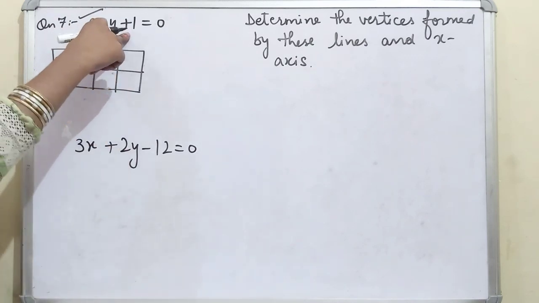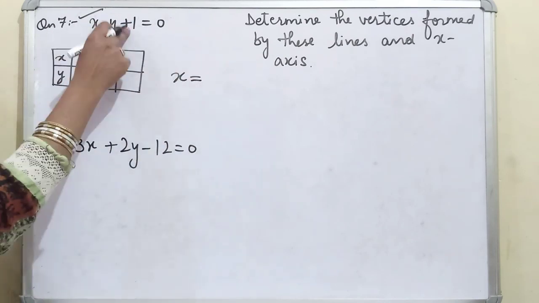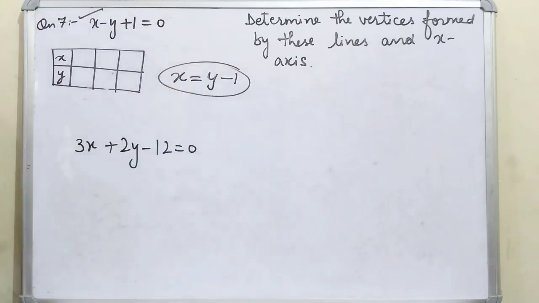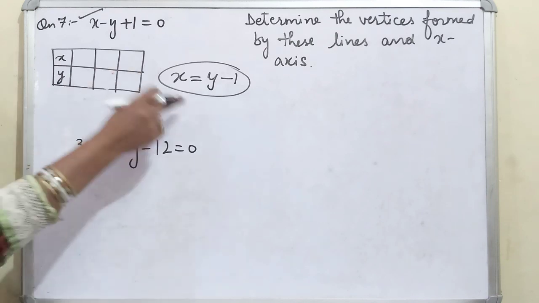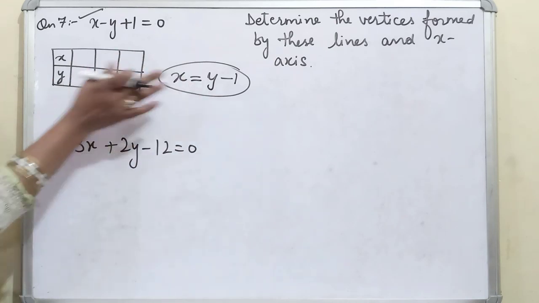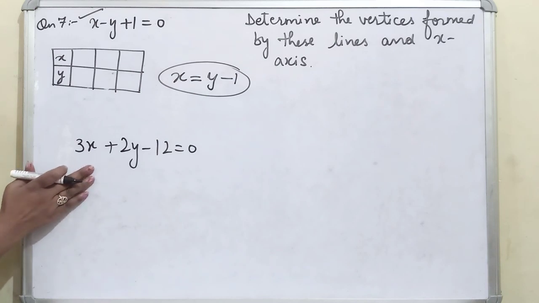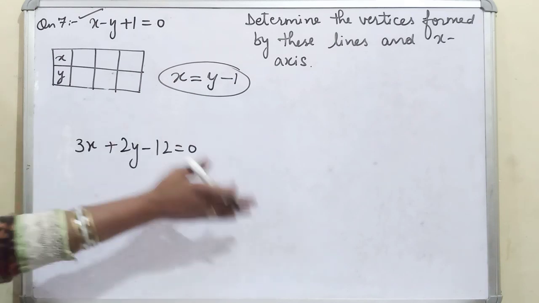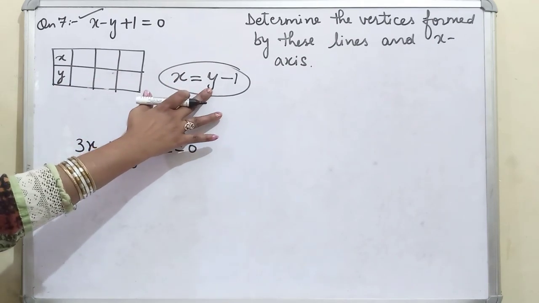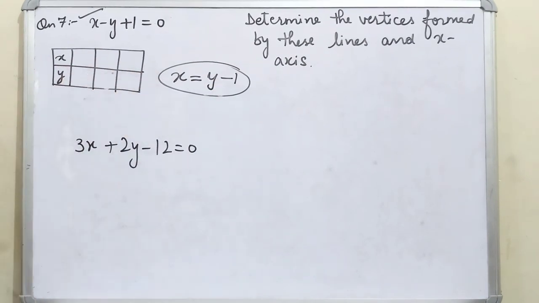So if this is the first equation and I just want to get the value of x from here, this will be y minus 1, isn't it? No need to do it like first part, second part and then put the value here. You just have to write the values directly if the equation is small. But if we have a large equation, you can solve it in rough and then put the values in the table. Here the equation is very small, so you can put the values directly and get the answers for x and y respectively.